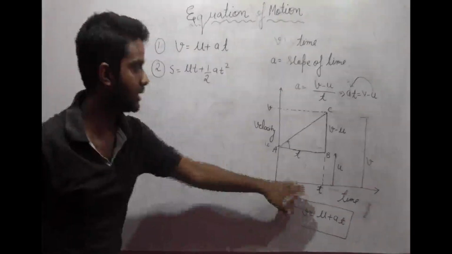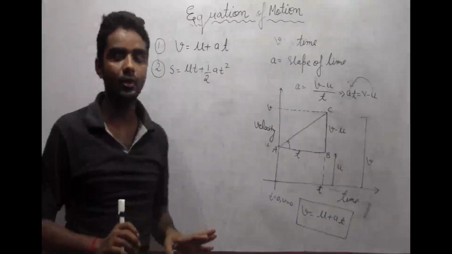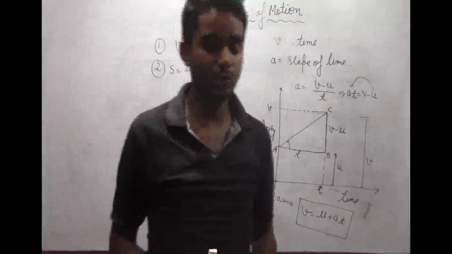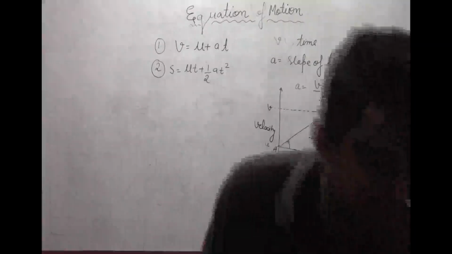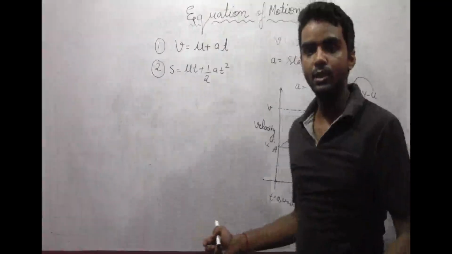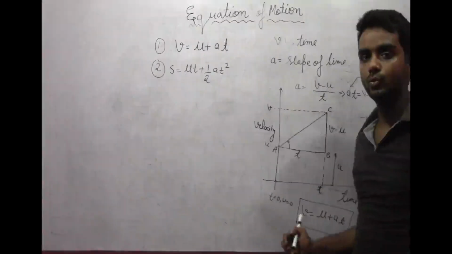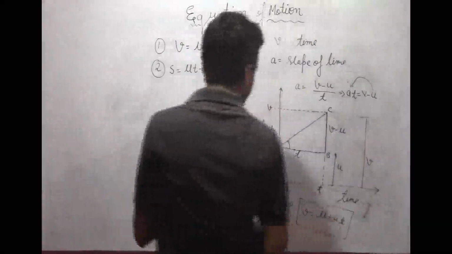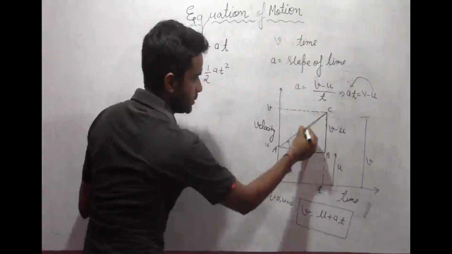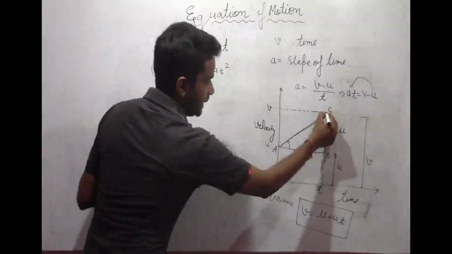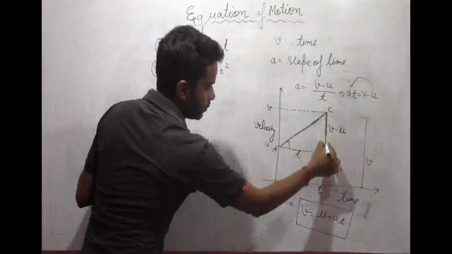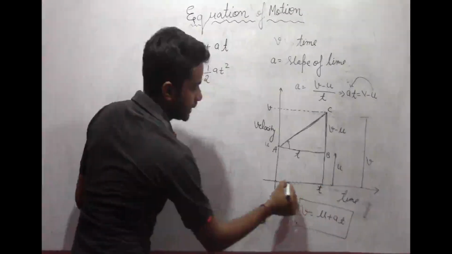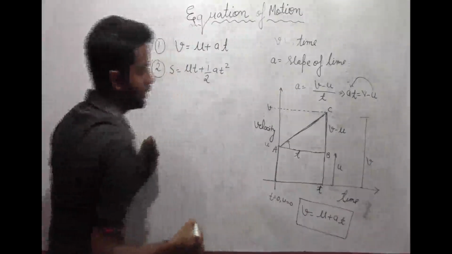From the velocity time graph, if you calculate the covered area, then you may simply calculate the distance traveled by the body from t equal to 0 to t equal to 2. This is your graph. In this graph, how can you calculate the total covered area?